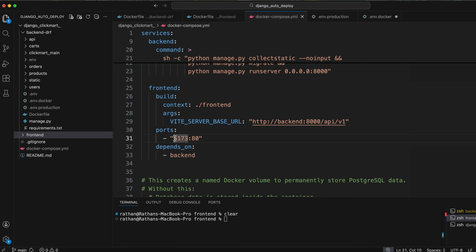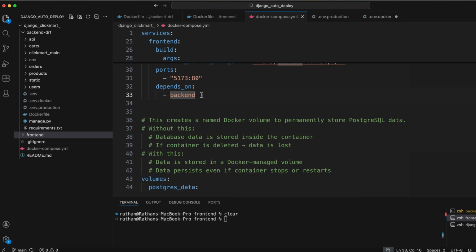And then ports 5173:80. So 5173 is the default development server port number for Vite projects, and 80 is the default HTTP port for websites. And then we have this volumes